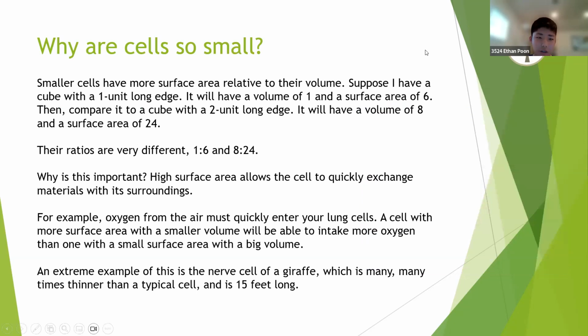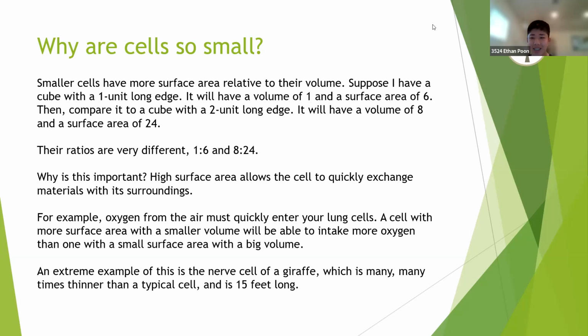So why are cells so ridiculously small? Humans have trillions and trillions of cells. The main reason is that smaller cells have more surface area relative to their volume. What I mean here is